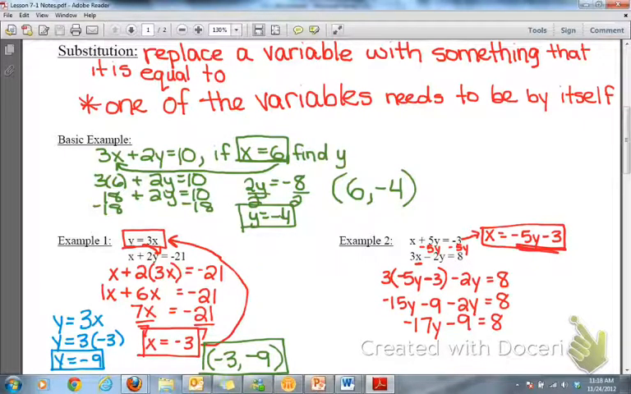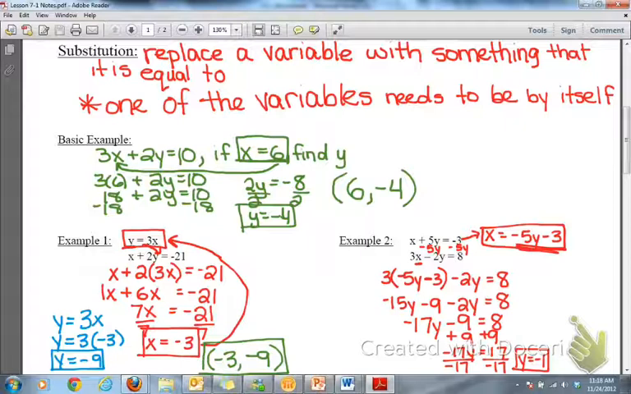So now I'm going to work on getting that y by itself. So we're going to add 9 to both sides. So negative 17y equals, well, 8 plus 9 is 17. Well, this is going to turn out nice. Divide by negative 17. And now I know that y equals negative 1. I'm going to put a box around that, but I'm not done yet because I still need to know what